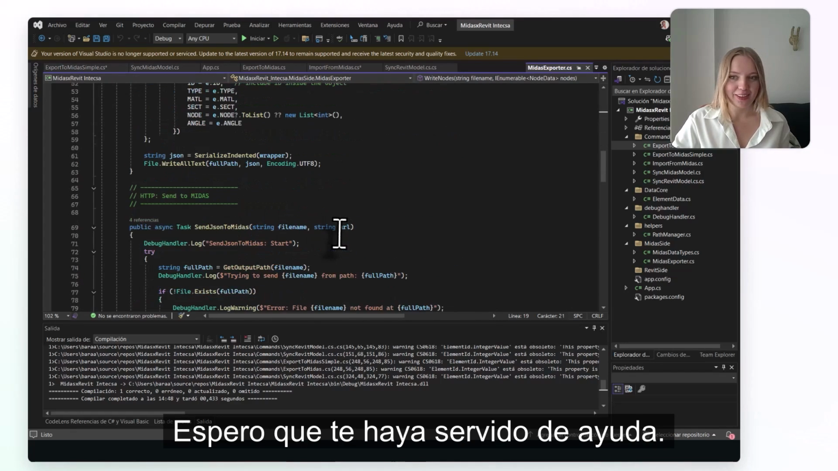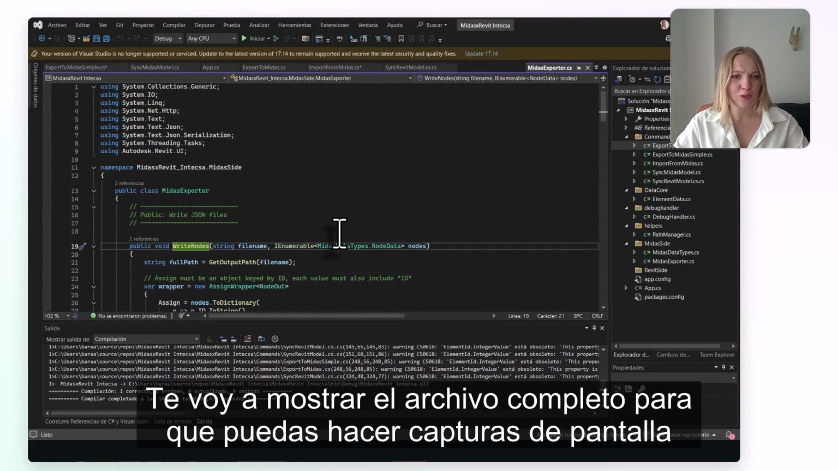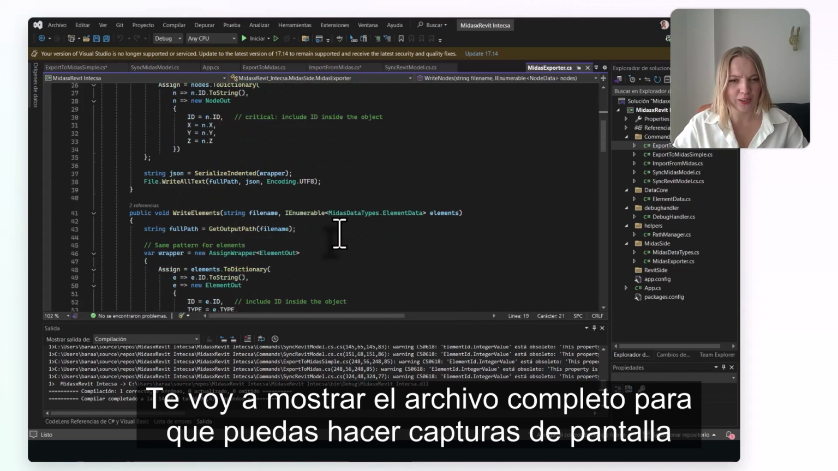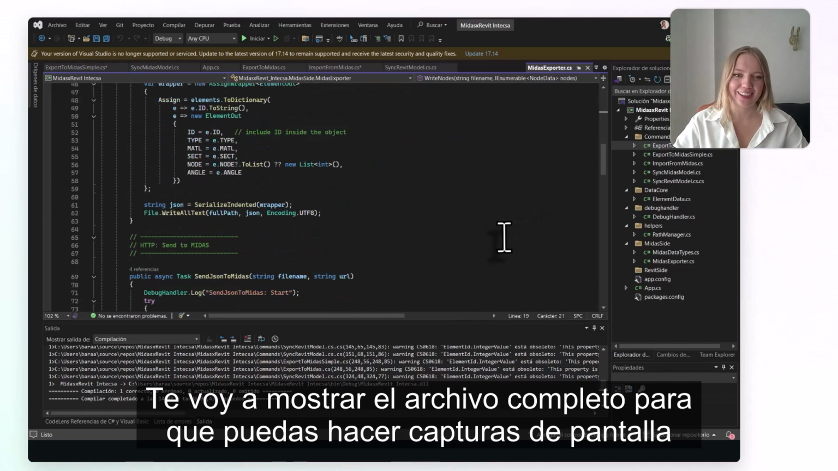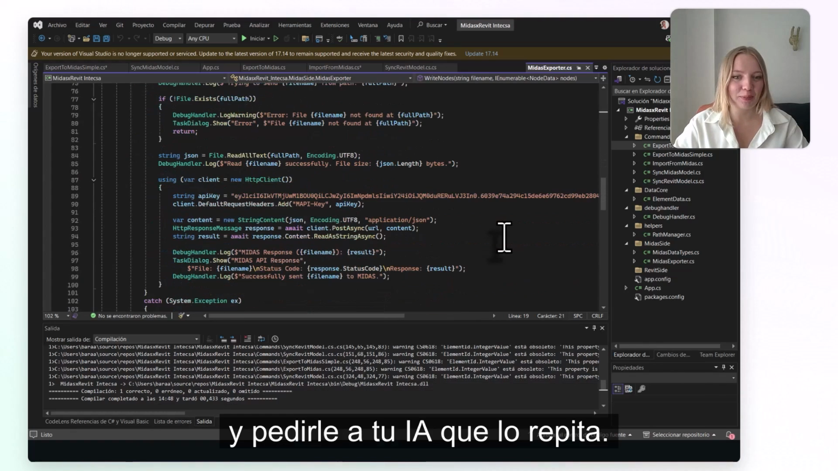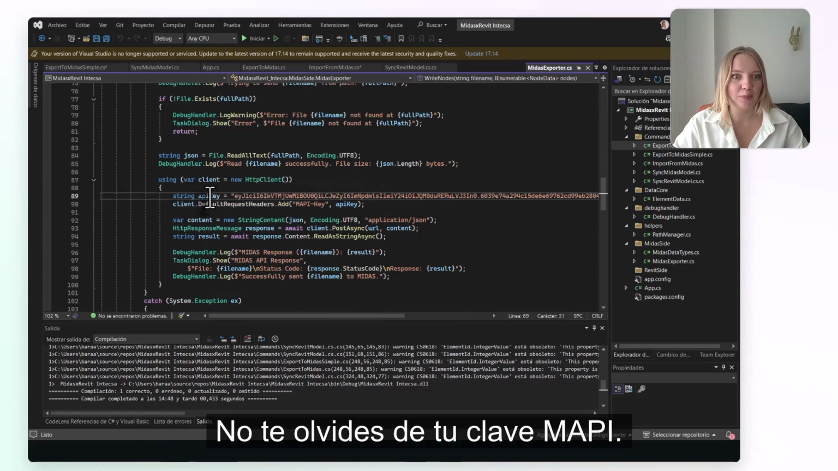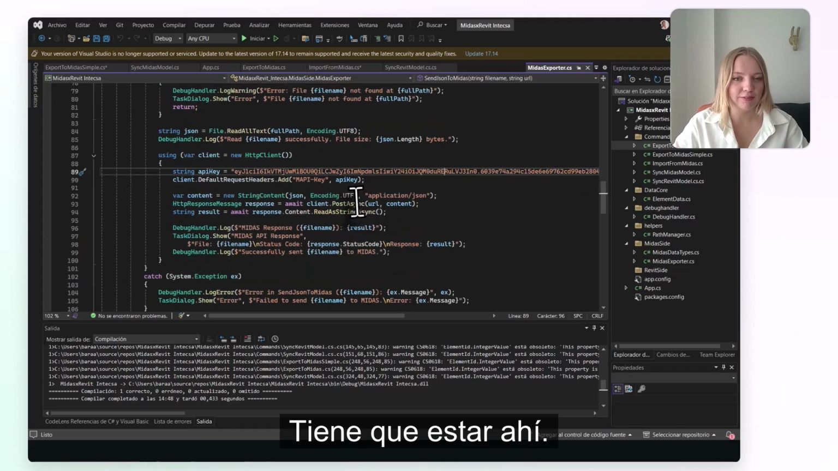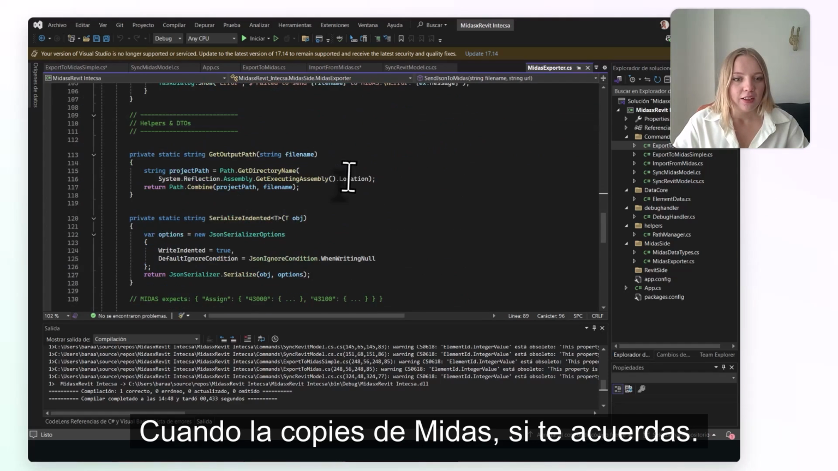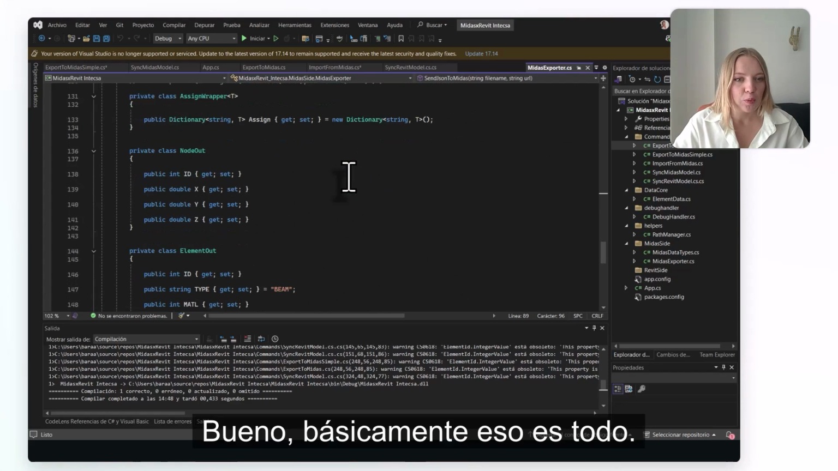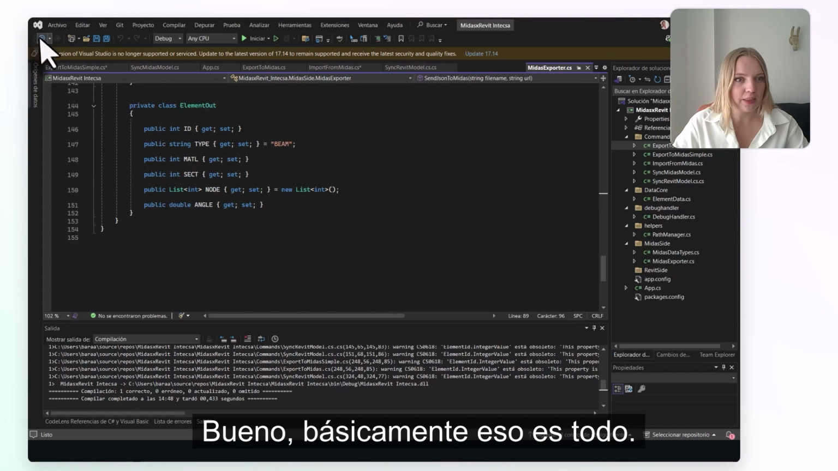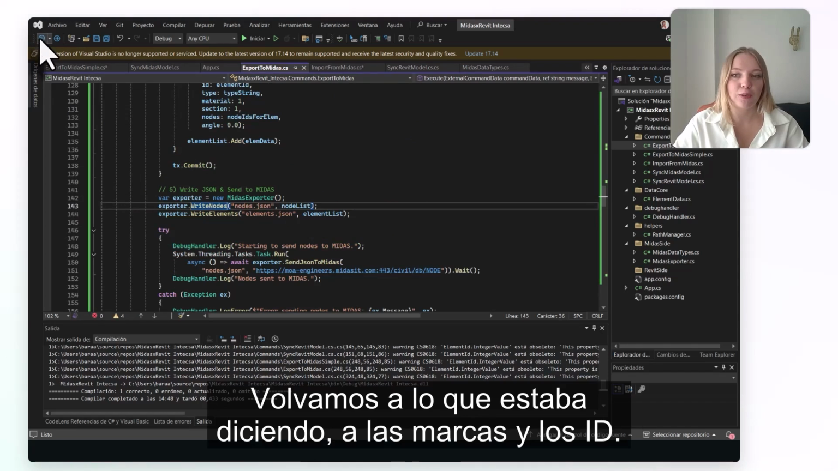I hope it helped. Let me basically show you the full file so you can take screenshots and ask your AI to repeat it. Don't forget about your MAPI key, it has to be there, and you copy it from MIDAS if you remember that. Okay, so basically that's all. And now back to what I was talking about,